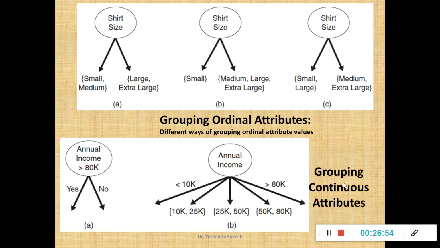Then we have one more approach of grouping your continuous attributes, such as your salary of a person, which is a real valued example: annual income of a person greater than 80k, yes or no, that is the binary split. Or I can go for set grouping, we have discussed this in your module 2, wherein annual income less than 10k will be in one group, 10k to 25k in one group, 25 to 50k in one group. Or you can take your CBCS grading system, fine: 91 to 100 S grade, 80 to 90 A grade, 71 to 80 B grade. That grading system is also an example for grouping continuous attributes as well as splitting continuous attributes.